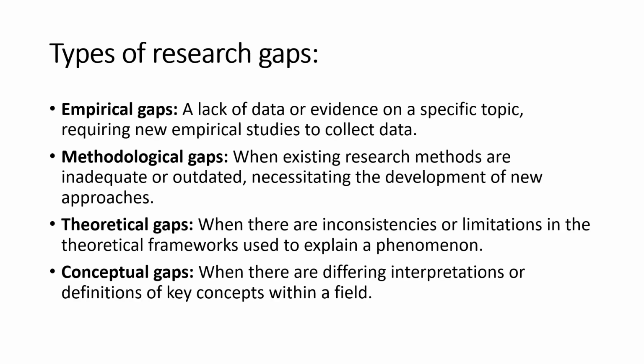Types of research gaps. There are four main types of research gaps. The first one is empirical gap. It is a lack of data or evidence on a specific topic, requiring new empirical studies to collect data. The second gap is a methodological gap, when existing research methods are inadequate or outdated, necessitating the development of new